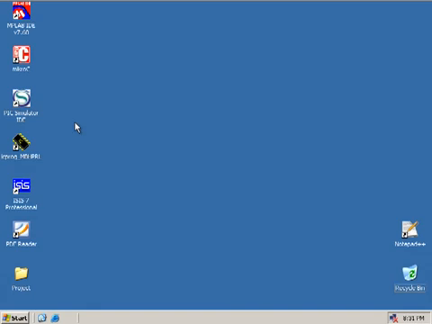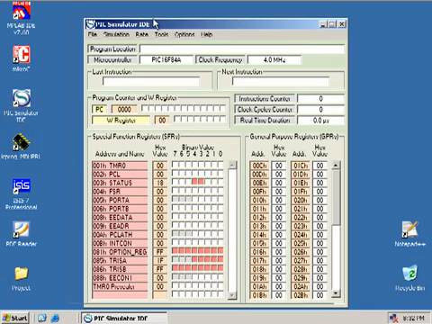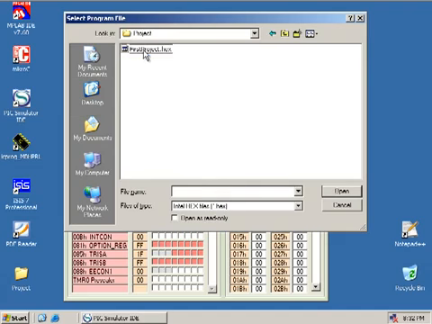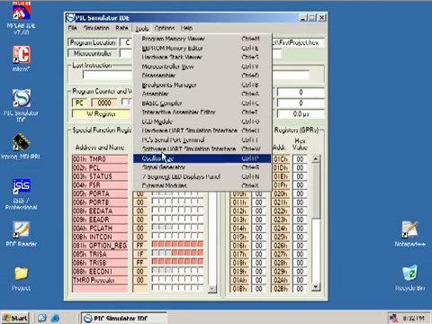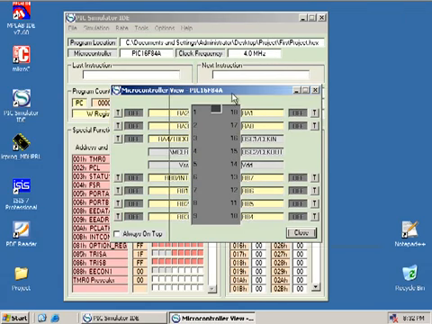Now, PIC Simulator IDE. This is a powerful simulator, and you can see how your program works when you program it to the microcontroller. This is not free software. You can buy this software. And here I am going to load a sample program, and this is my sample program. From tools, there are a lot of tools provided in this software. Here I select microcontroller view,